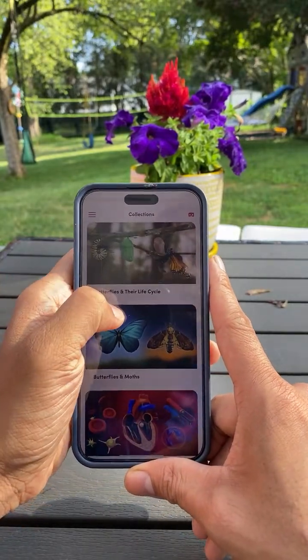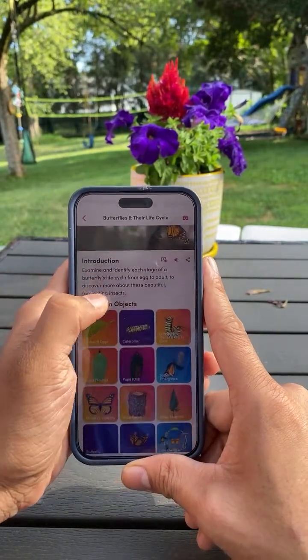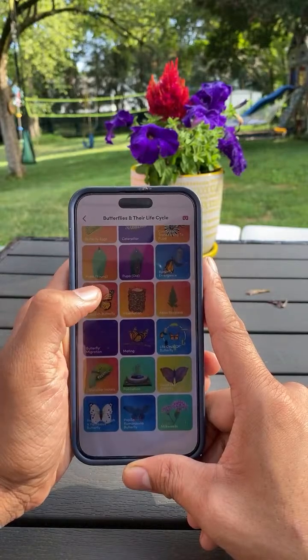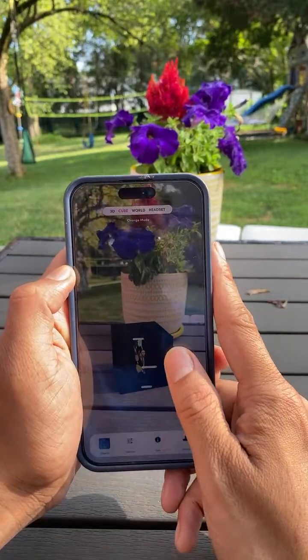Butterflies, moths. Do you want to look at the butterfly? Oh, butterfly and their life cycle. So it also talks about how the butterflies are made. So there is the life cycle of a butterfly. And if I zoom in,